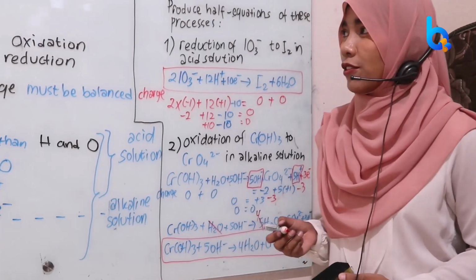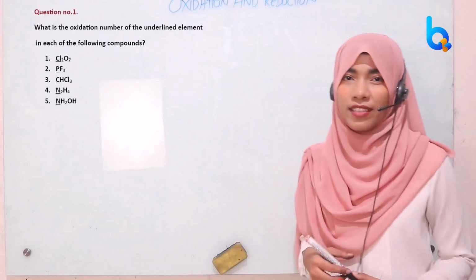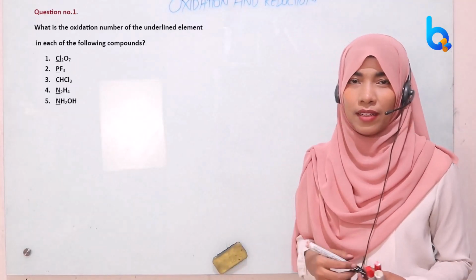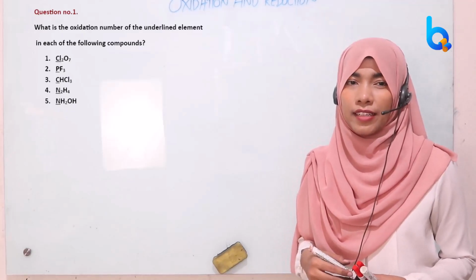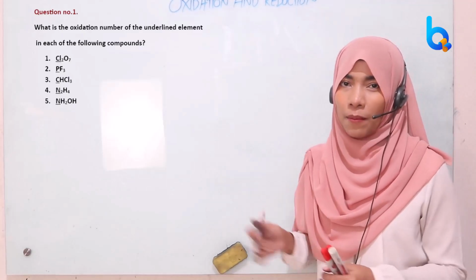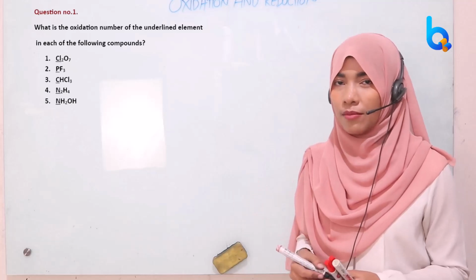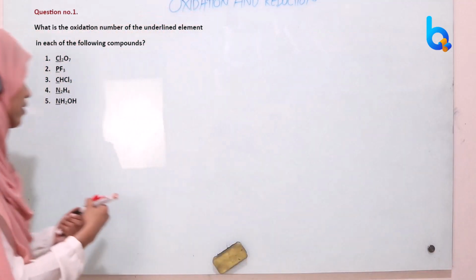Okay, that's all for balancing half equation. So now let us discuss some questions. Starts from question number 1. We have to define the oxidation number of the underlined element. So we have 5 compounds. We need to find out the oxidation number of the underlined element. So we start with